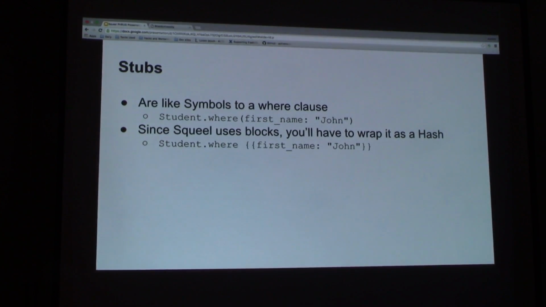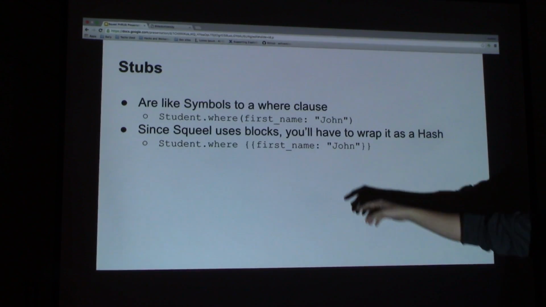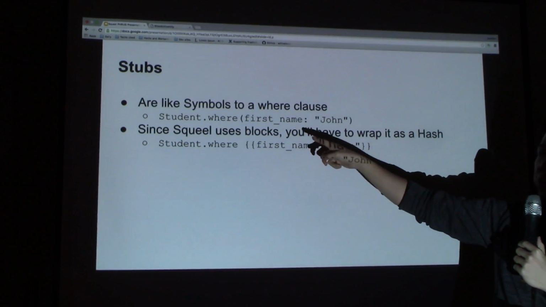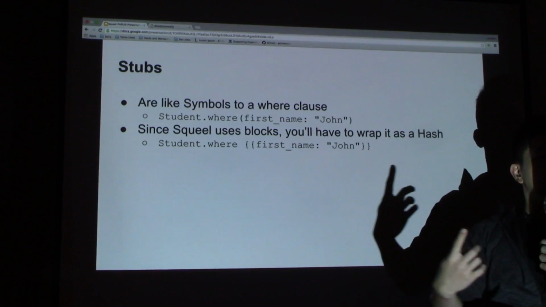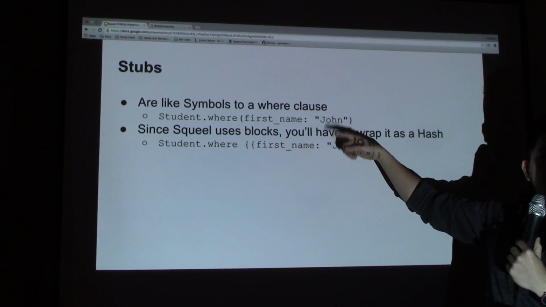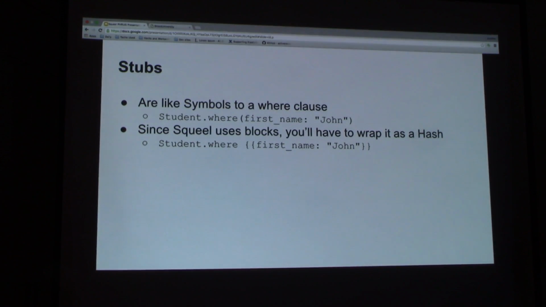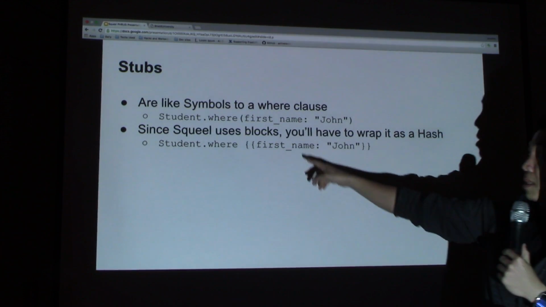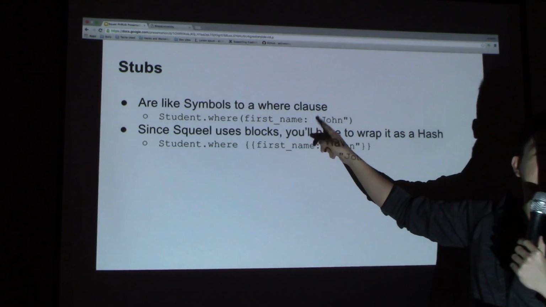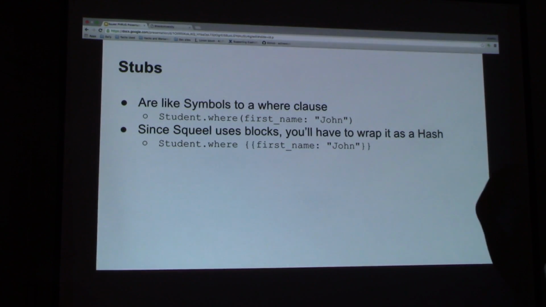Okay. What happens is you can still use the same query, like for the word, if you're just looking for one thing. Translated to Squeel, it becomes a block. But since we're using blocks, if you enter a symbol or an element of a hash inside, it will think it's actually a hash, which is not, because it's a block.